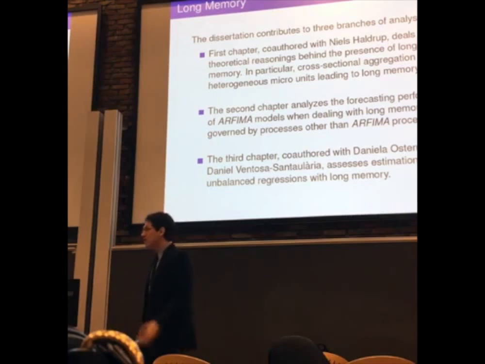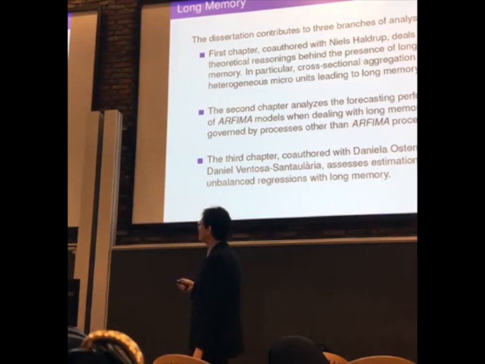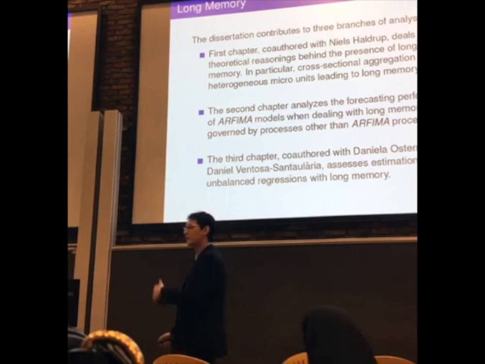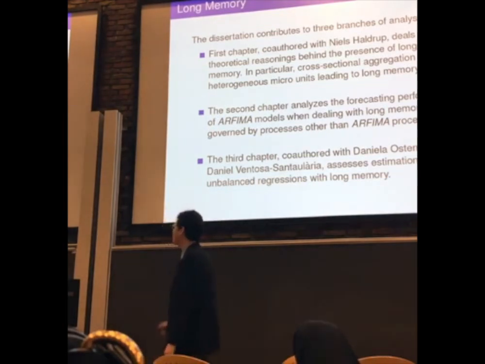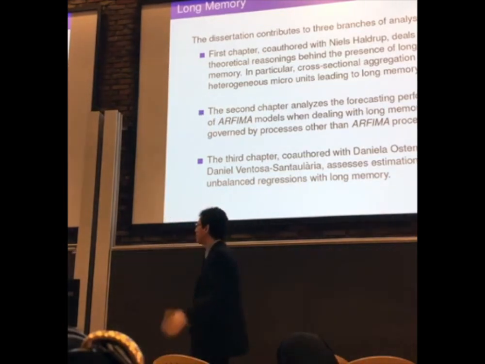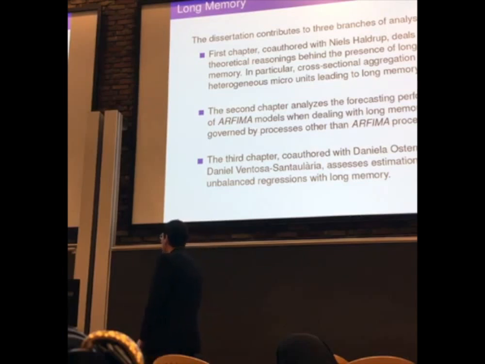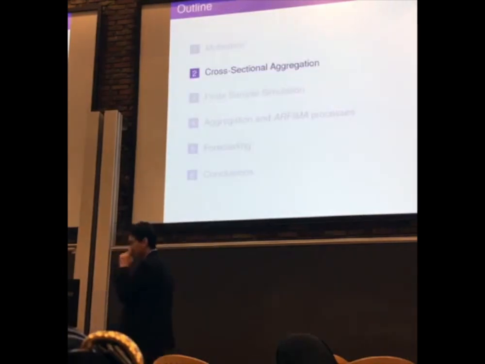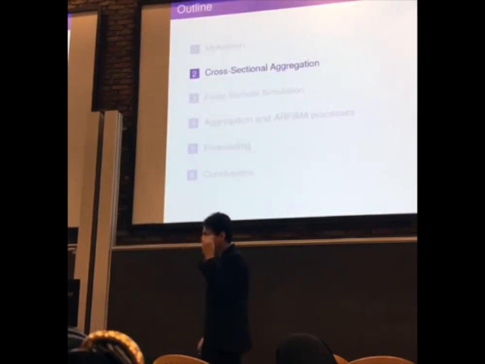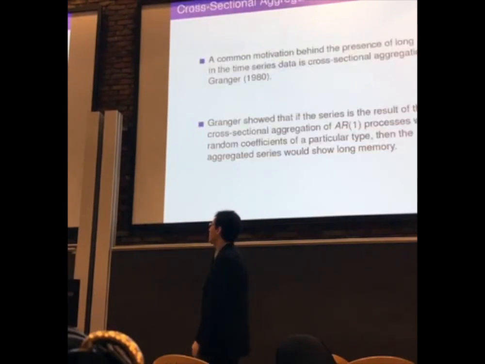For this presentation, I'm mainly going to talk about the first two chapters. Mainly, I would say focus more on the first one, and so talking about the cross-sectional result. For the mentioned third chapter, it is co-authored with Daniel Asterrider, who was a postdoc here a few years ago, and Daniel Ventosa, who I mentioned at the beginning. So yeah, that's the third chapter. So that's it. Let's move on to the first chapter, to this cross-section allocation result.